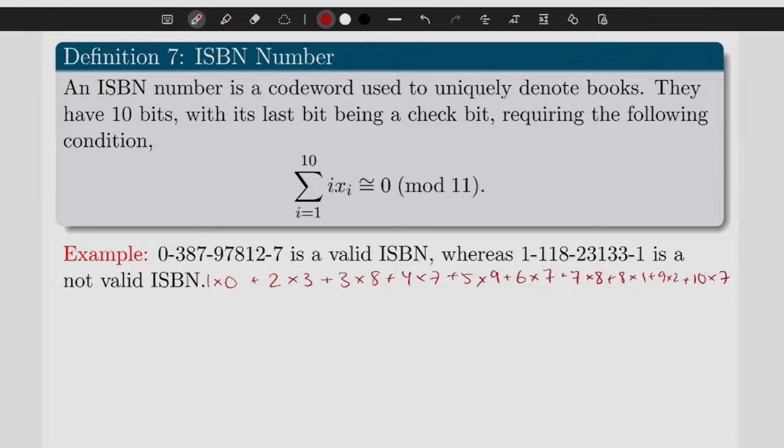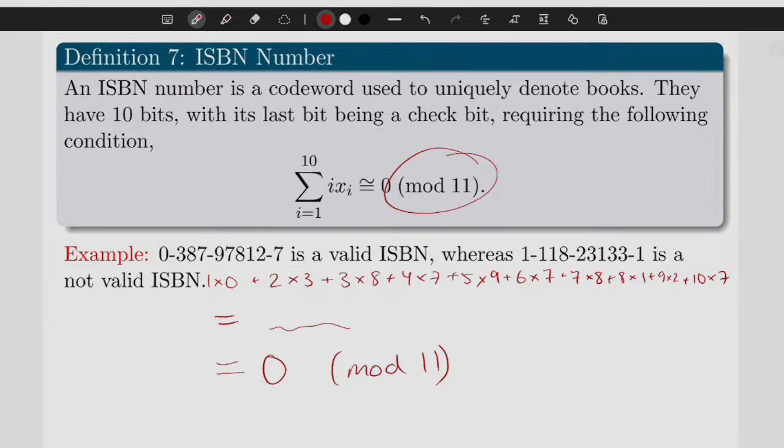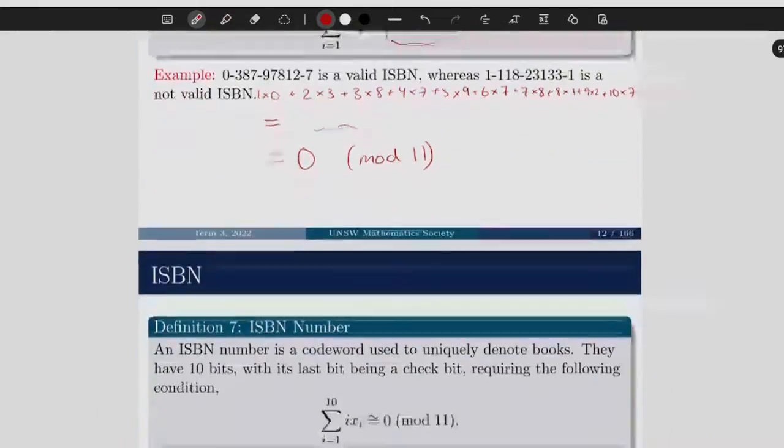Right, so essentially you guys can very clearly see, well, I have 1, 2, 3, 4, 5, 6, 7, and I'm just counting up. And then this is just all the numbers of that ISBN. And I'm going to actually get a number from that, whatever it is. And then when I mod that by 11, hopefully I will get 0 mod 11. And if I don't get 0, if I get a random other number, then I know, okay, well, it's not a valid ISBN then, right? By definition. So I'm going to go through an actual example that we have here.